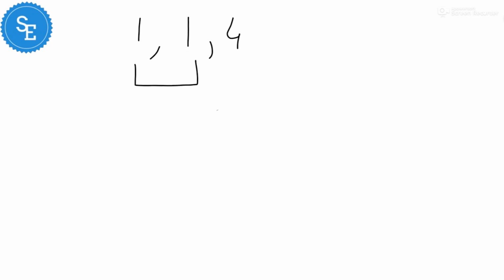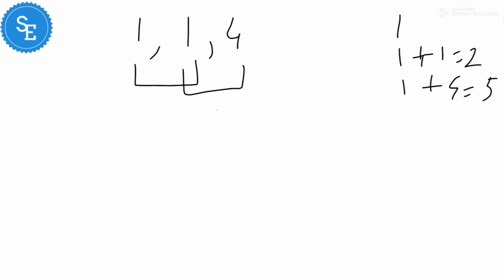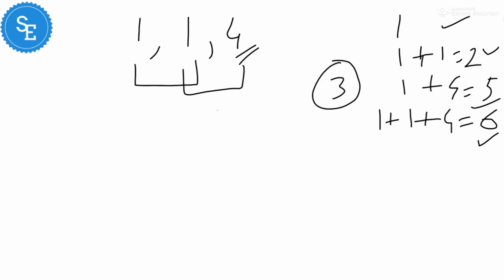So currently I will consider 1, then 1 plus 1, which will be 2, then 1 plus 4, which will be 5. So these are the changes that can be made. Considering the other one will generate the same thing, because this 1 plus 4 is already taken. Then I have to take 1 plus 1 plus 4, which is 6. After getting this, I check that I have got 1, I have got 2, I don't have 3, and I can also get a change of 4. I can create change of 5, I can create change of 6. So 3 will be my answer.